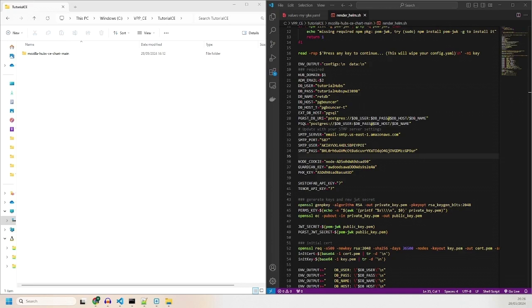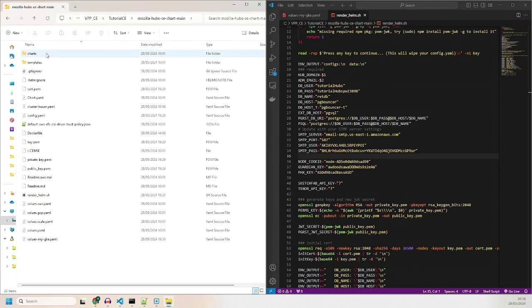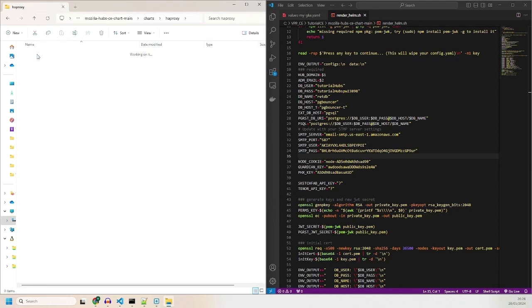Now if everything worked correctly, you will find a security risk warning when going to your domain. This is because, even though Cert Manager might be working, there is a component that will default to the wrong certificate. To change this, we will go to the Mozilla Hubs folder, then the charts folder, haproxy, templates and edit